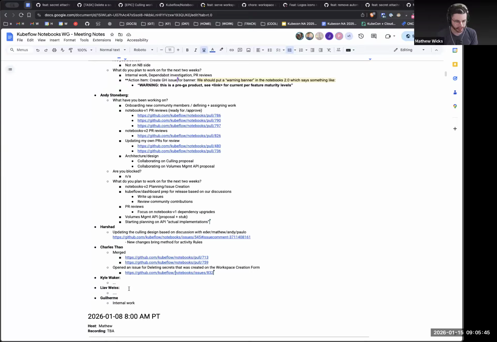What have you got next? As I mentioned before, just starting to look into volumes and see what the front end work for that looks like. Trying to take some inspiration from the secret stuff we have been working on to see if we can reuse any of the components. But there's definitely some additional complexity, and it's going to take a little bit longer with the stub because there are questions around how to reflect the schedulability constraints caused by the volumes, I think, is the primary reason.